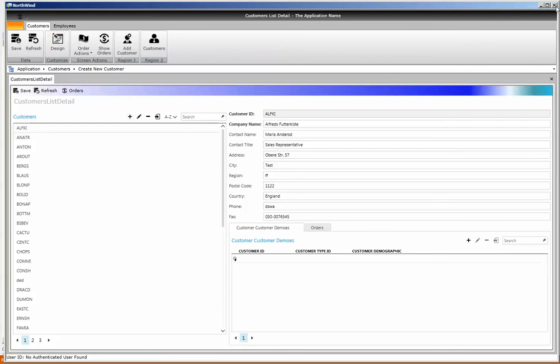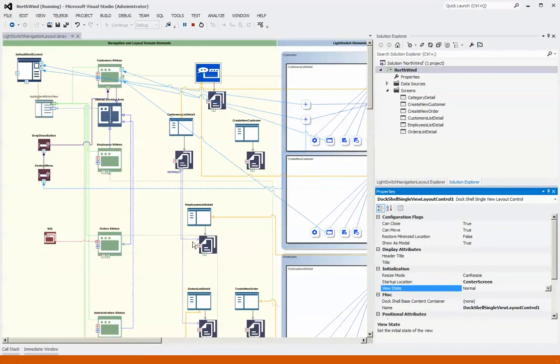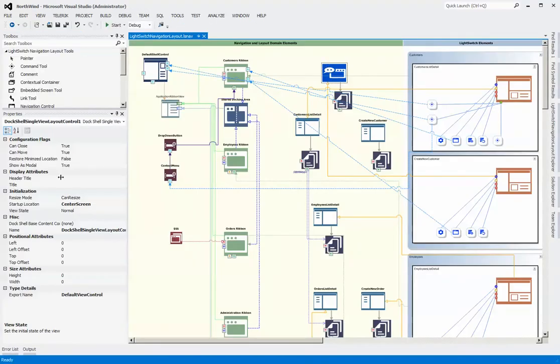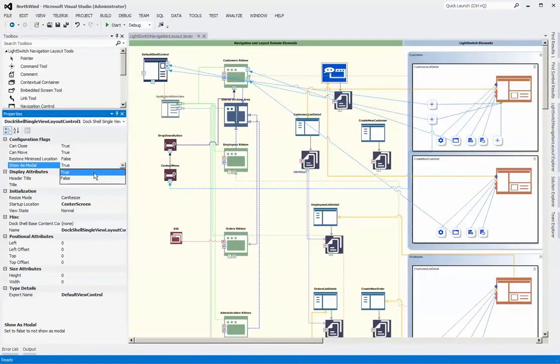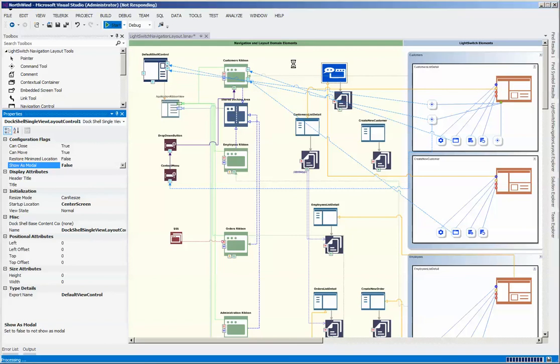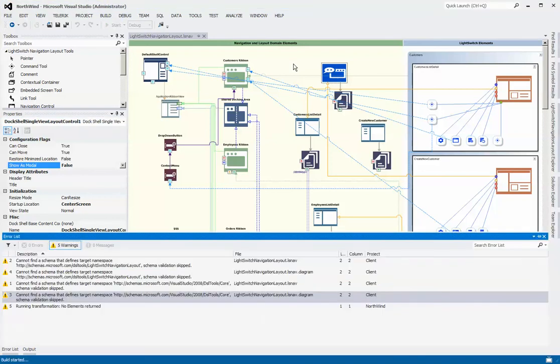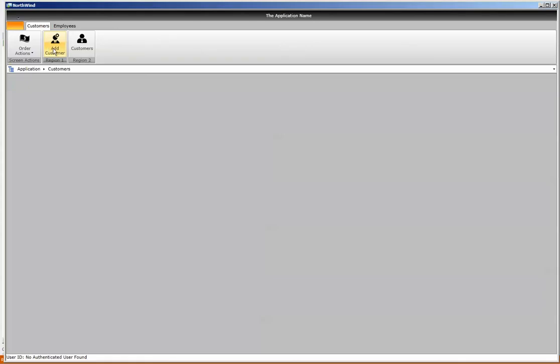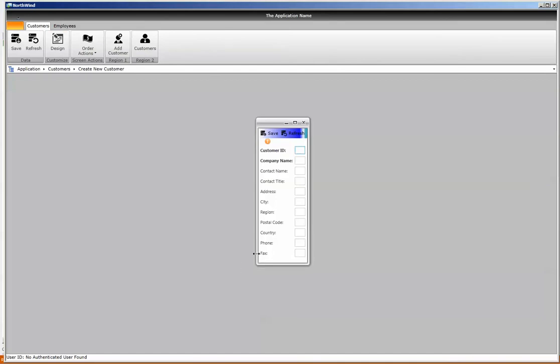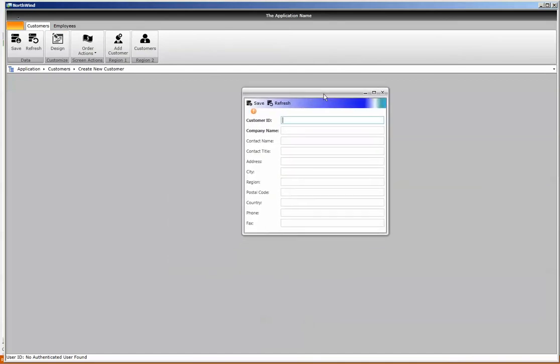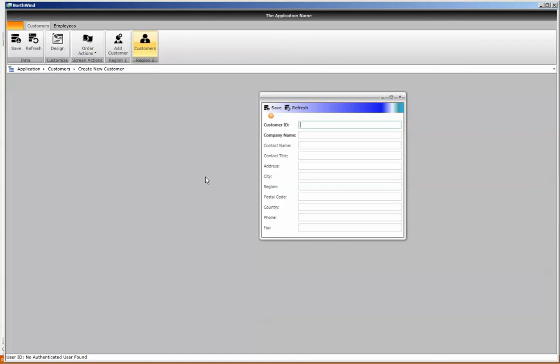Now let's just change that, and we'll change it from modal to non-modal. So, which is more or less a floating window, but it's not actually a dockable floating window. So let's see what that looks like. So as you recall, it's this particular button that we press. And now you can see it's coming up the same size and the same position and everything, but you can see that the background is not grayed out, so it's actually not running as a modal, it's just simply running